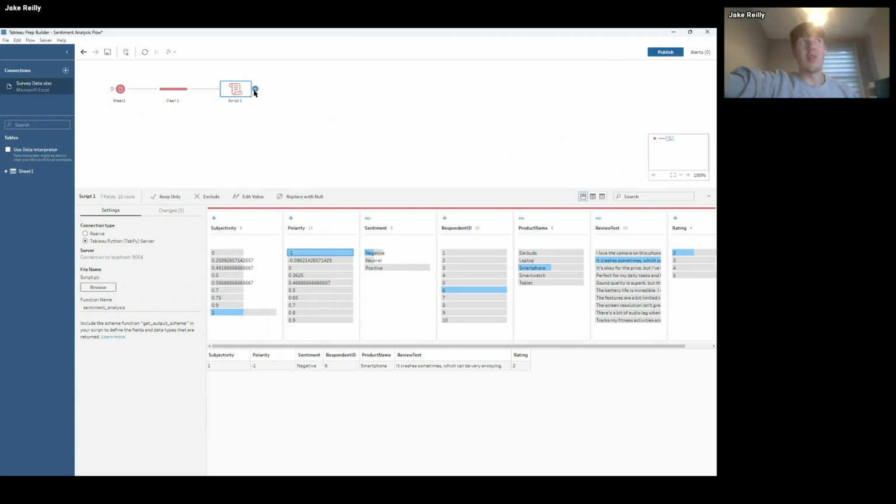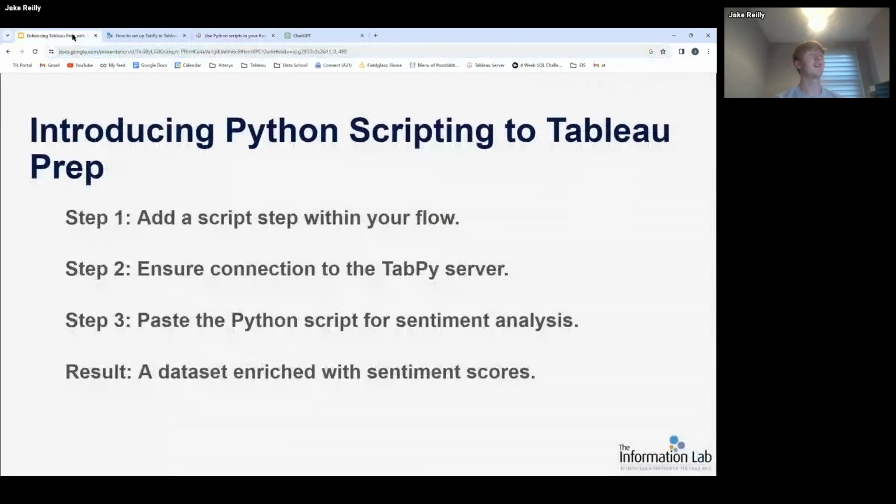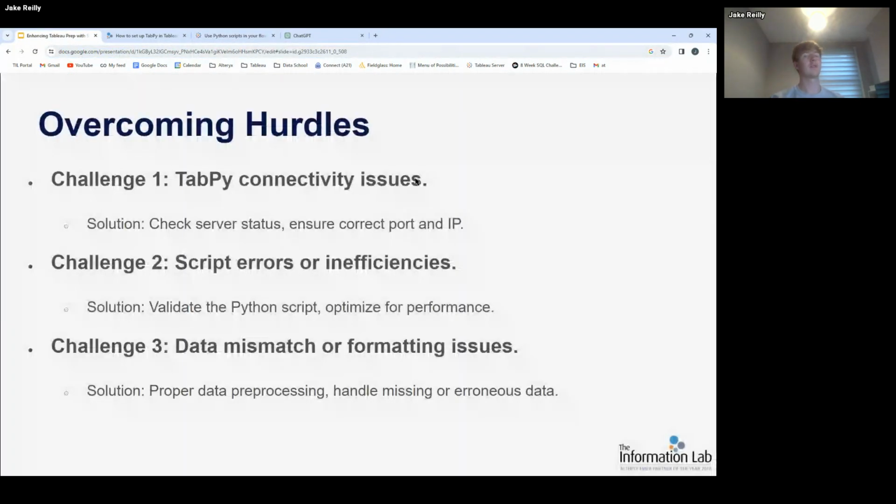Cool, and that is essentially it for actually integrating them. I could go ahead and clean this data up and then put it into Tableau Desktop and actually visualize some of this. But seeing as it's a Tableau Prep user group, let's stick on topic